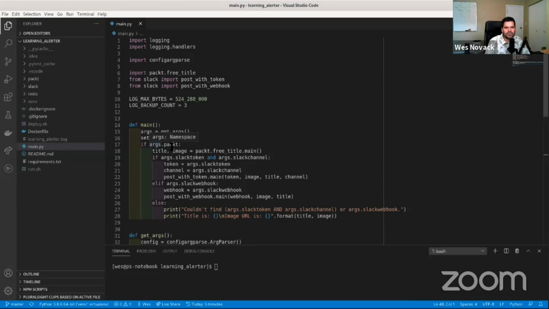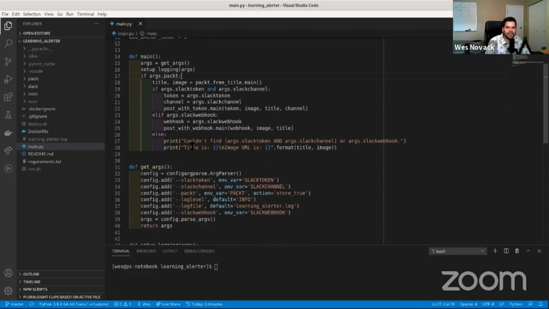And then going back over to the main function, you can see we've got an if statement here, if args.packed. And if you recall from what I was mentioning previously, that packed parameter is a Boolean. So this if statement is going to evaluate to either true or false. If it's true and we've passed in that packed parameter, then it's going to traverse into this if block and execute this next line of code here in line 18, where we are getting a title and an image from